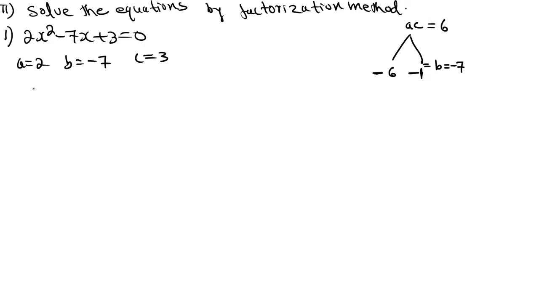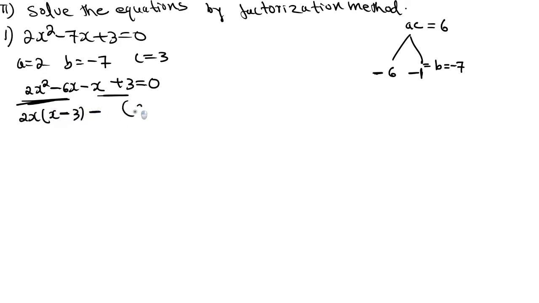So the above equation can be written as 2x square minus 6x minus x, 1x means minus x, plus 3 equal to 0. In the next step, I am taking these two groups. Then here I will take 2x outside. Then here I will write x minus 3. Minus, we know, inside the bracket you have to get x minus 3 only. Then what must be the number? You need to take 1. See, minus 1 into x is minus x, minus 1 into minus 3 equal to plus 3, equal to 0.